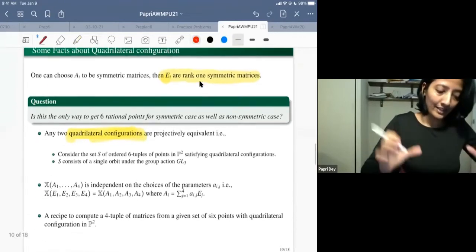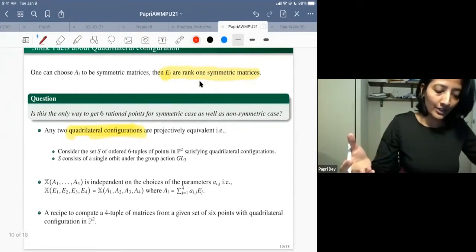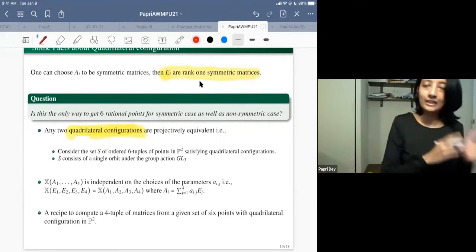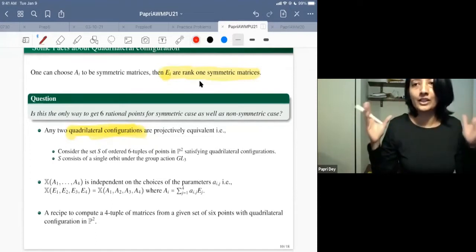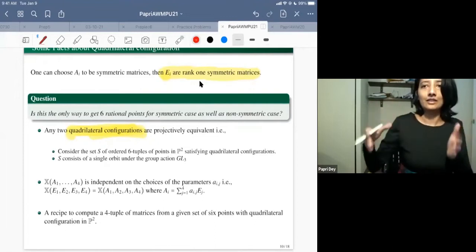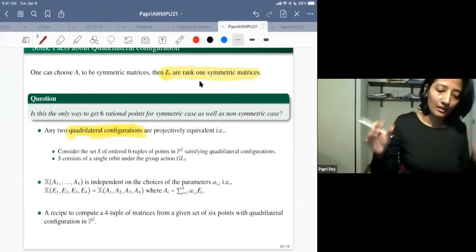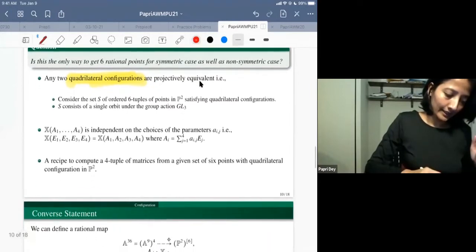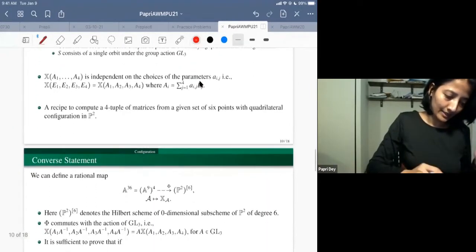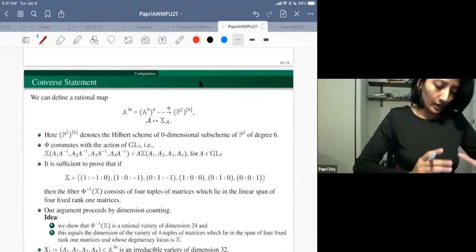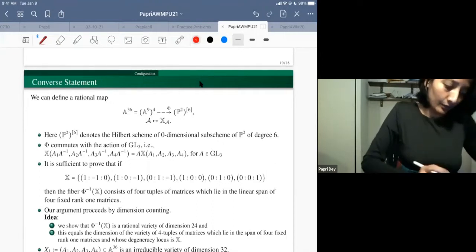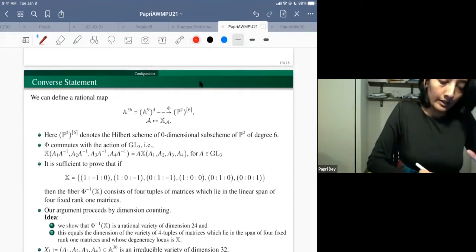If you have 6 rational points with quadrilateral configuration, then they will always come through this setup: X1, which is a variety of 4 linear operators in R3, and they are in the span of 4 fixed rank 1 matrices. So here is the recipe to prove that converse statement. We can translate our situation into a rational map in this form. We do have a rational map from A36 to this Hilbert space P26, and here,